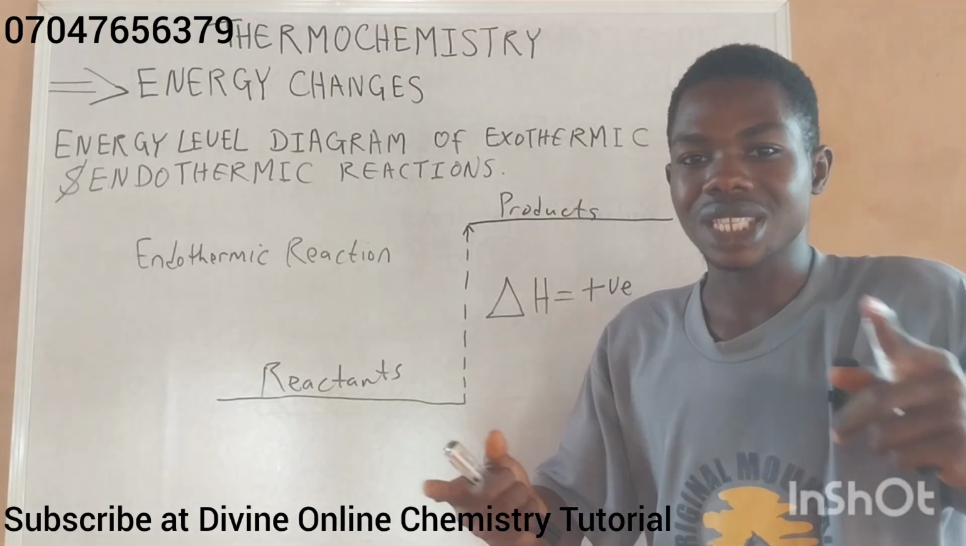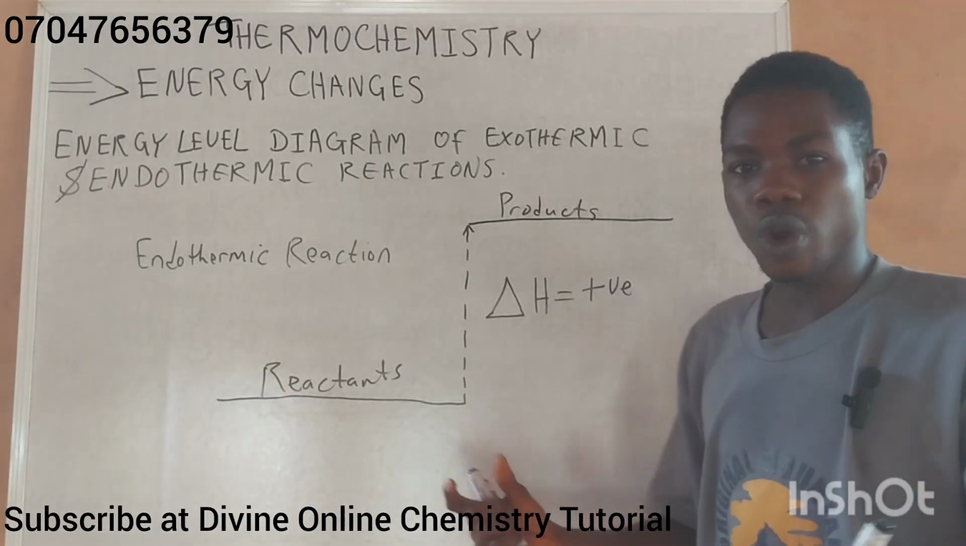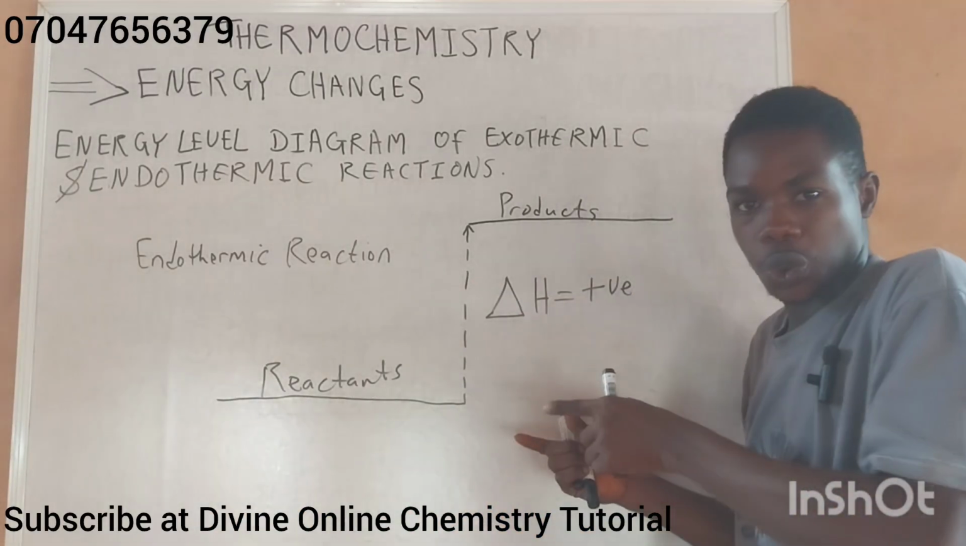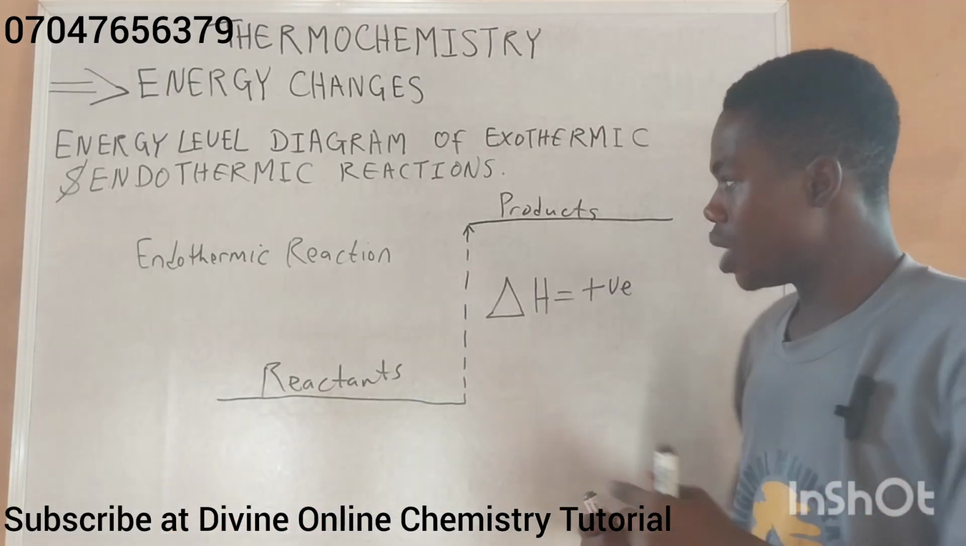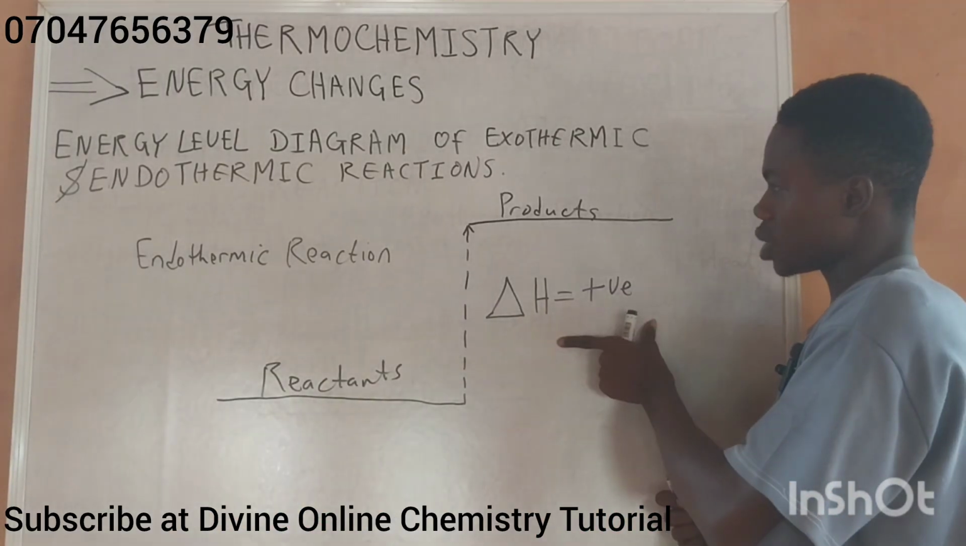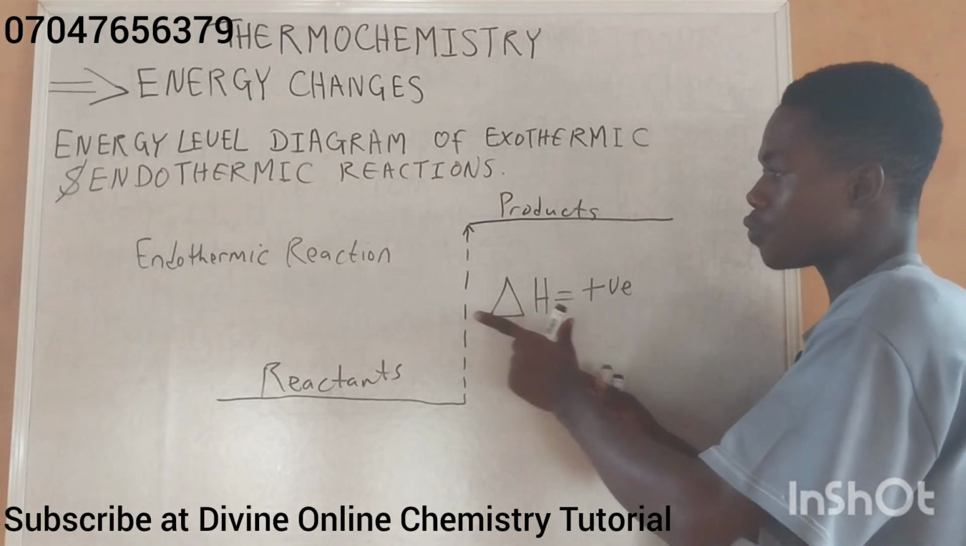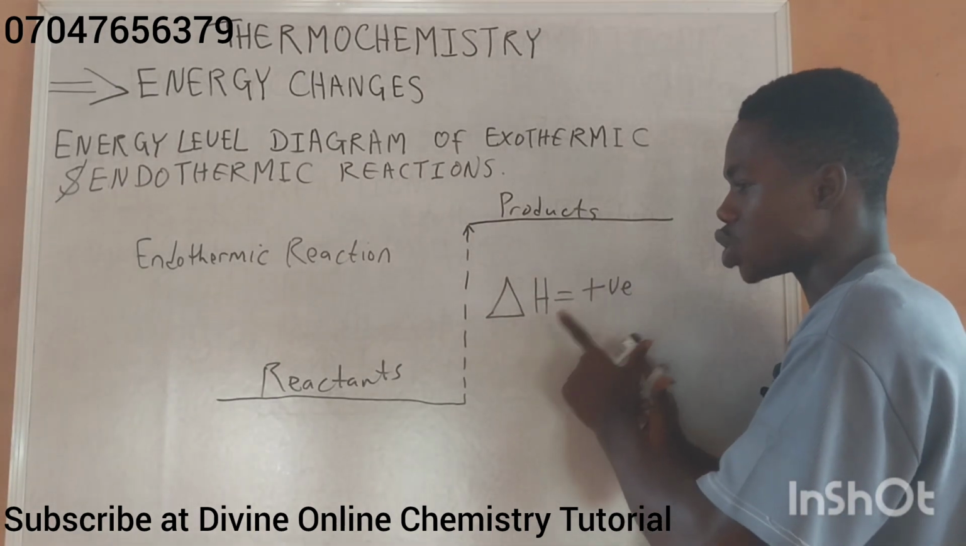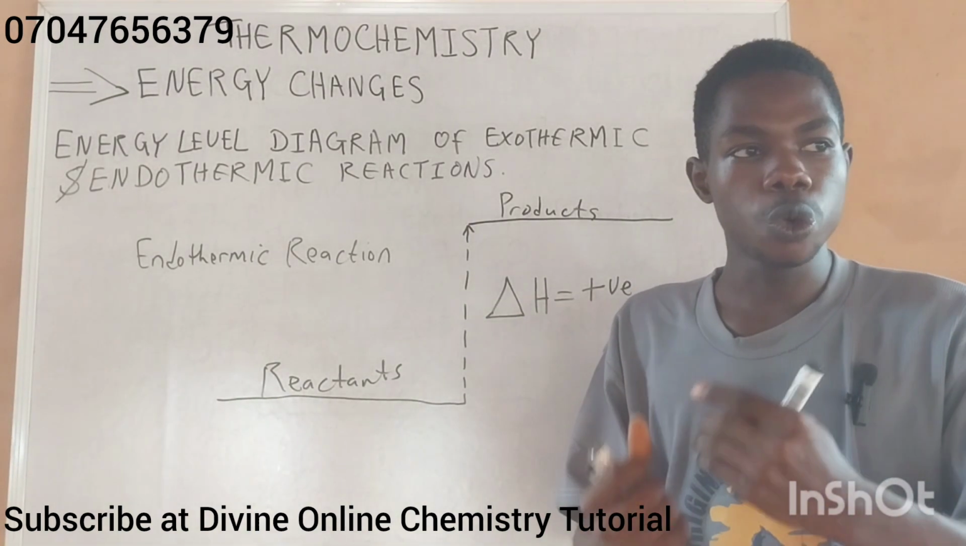Because heat is lost, that one was negative. But because heat is being added to the vessel, thereby being absorbed in the vessel, it means that delta H is positive. So please take note of this for endothermic reactions. From here, we'll be moving straight to